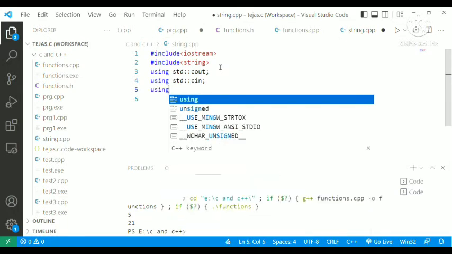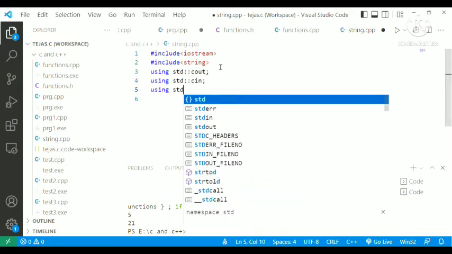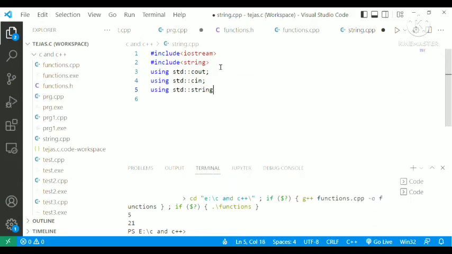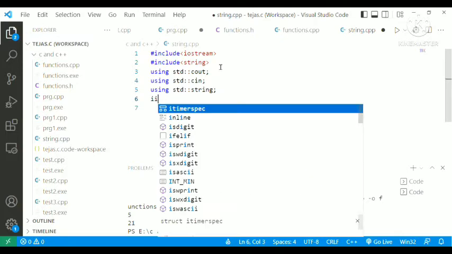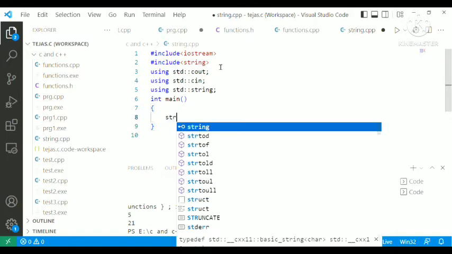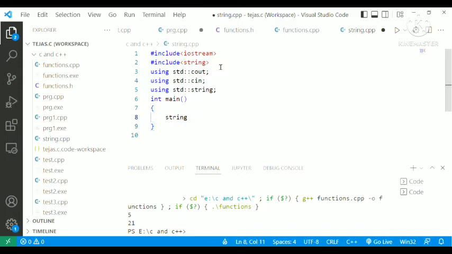Similarly, we'll be using standard string also. Since we have declared here #include <string>, we'll be using standard string also. For the int main, when I type string is equal to